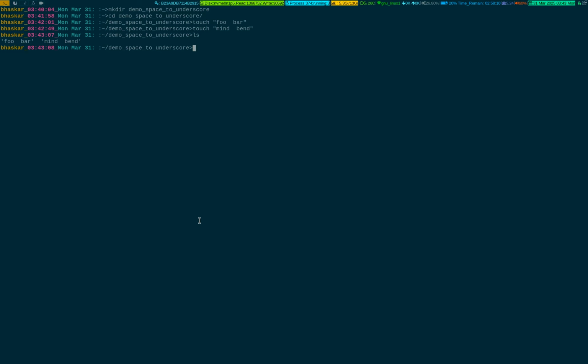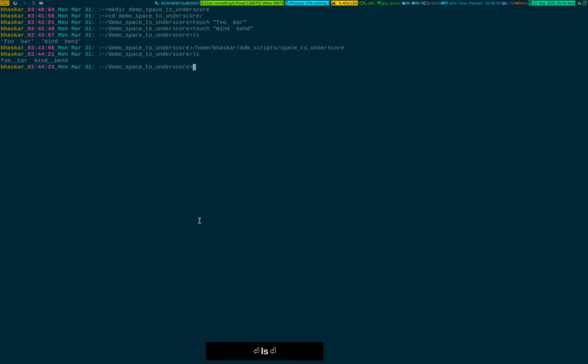So what you have to do is, I have a one-liner as I said. The script name is space to underscore. It's basically a one-liner. If I run it on this particular directory where the file name has a space, it will become like this. You see, it's been replaced with a double underscore or single underscore depending on how many spaces there are. I have two spaces between those two words, so that's why the double underscore was padded. If it has a single space,